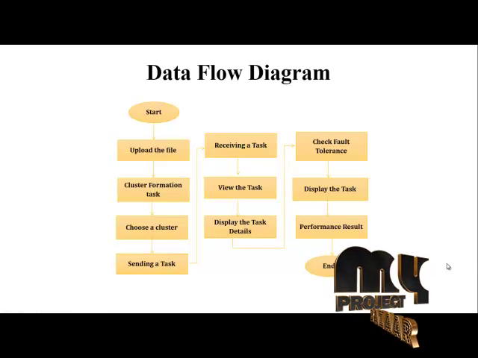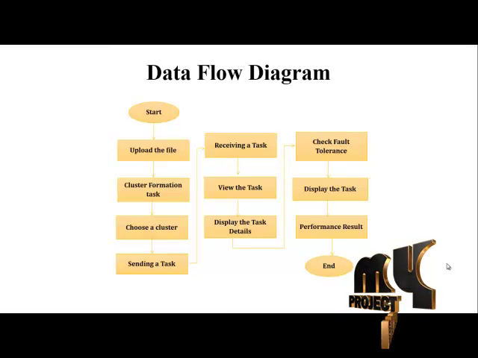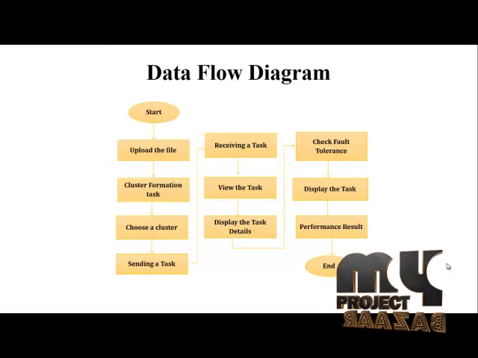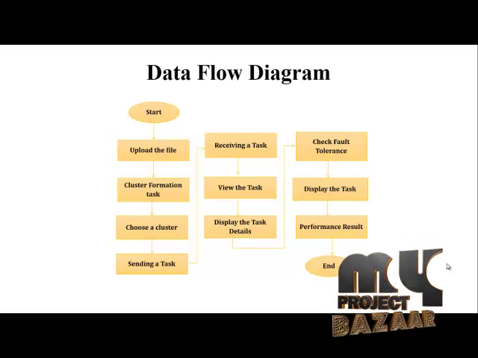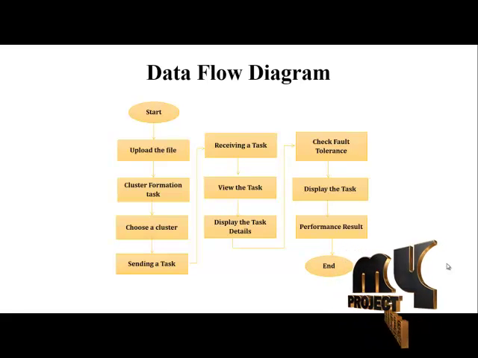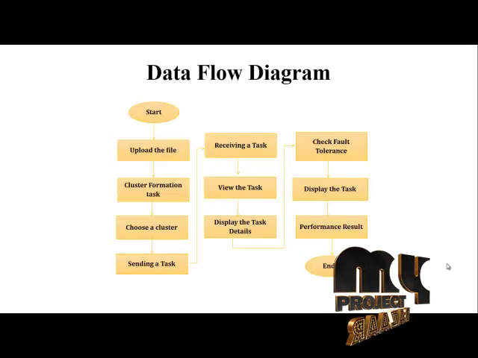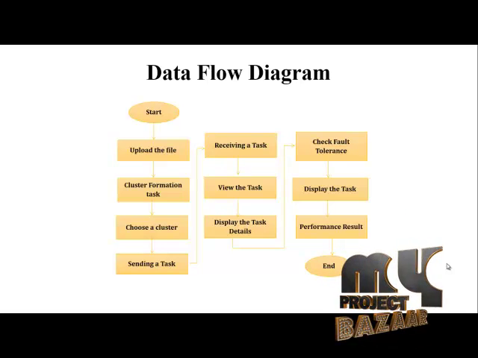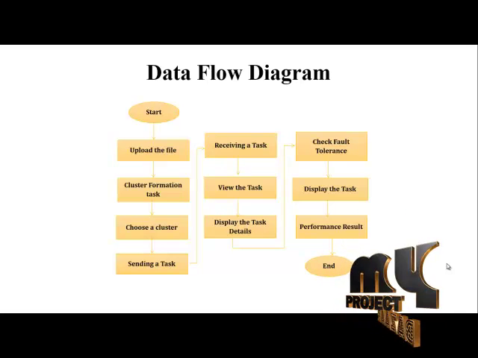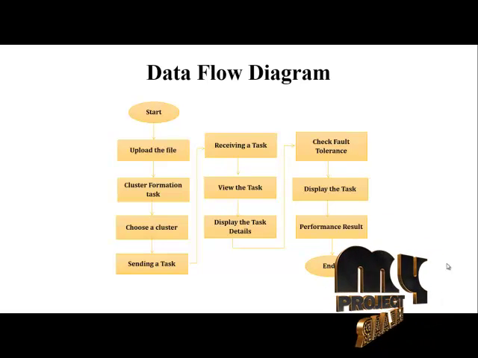Now I have to explain the project data flow diagram. First I upload the file, that is, the files we have to upload here, and I have to cluster the particular file, like it's a task. I have to form the cluster dynamically. In those clusters I have to choose any one of the clusters, like cluster 1 and cluster 2 as named, and I have to choose the particular task for sending the file, and I have to receive the particular task,